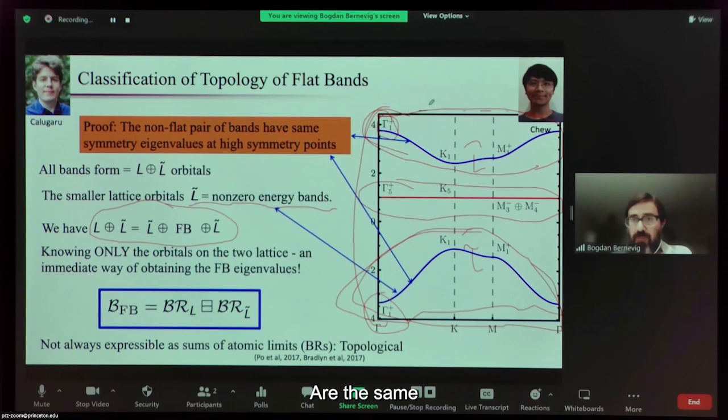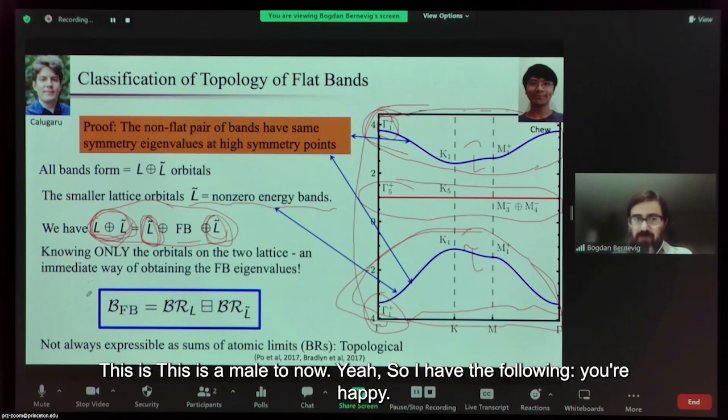I have that all the bands together, which are L plus L tilde, is equal to 2 of L tilde plus the flat band. So now you can see that this is an atomic limit, right? Because it's an atomic limit of L plus L tilde orbitals. These are atomic limits, both of them. Okay. But now you see that the flat band can be